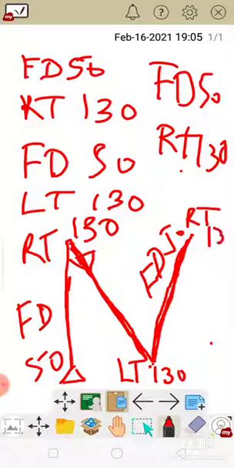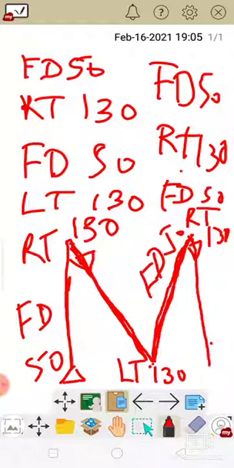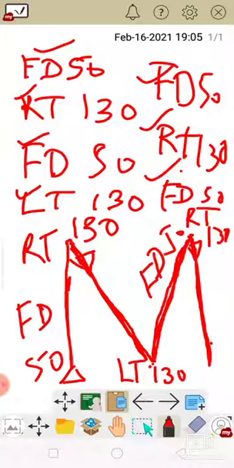Then again we will do FD 50. When we do FD 50, our arrow will turn this way and go down, and the shape will be drawn. So which commands have we written? FD 50, RT 130, FD 50, LT 130, FD 50, RT 130, FD 50.